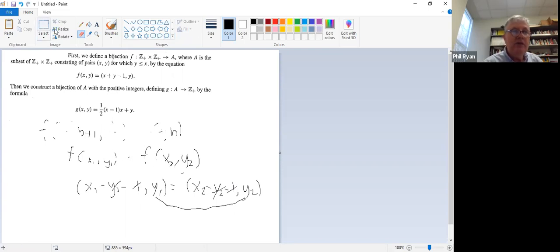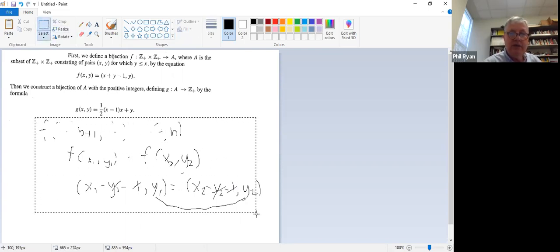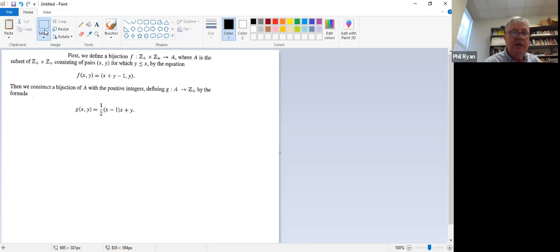And then working on G, it's well defined. The main thing to note there is that when you've got (x minus 1) times x divided by 2, if x is an integer, then that is also going to be an integer, because one of x minus 1 and x has to be even. So this map is well defined. And then the easiest way to show that G is a bijection is to construct a